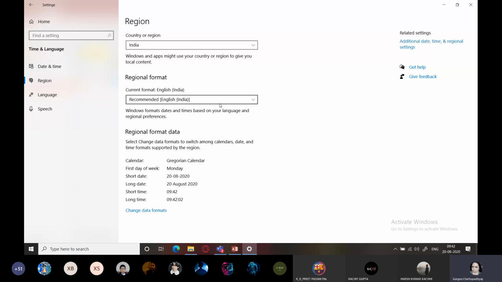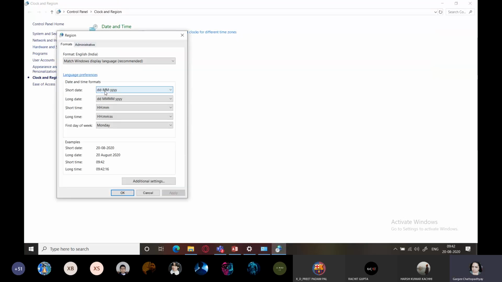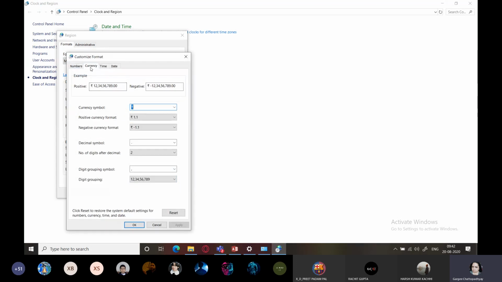Some additional settings you can make from here, like date, number format. So I'm clicking on this. Then from here I'll be going to additional settings, and here I'll go to currency, and here I had selected the rupee symbol.